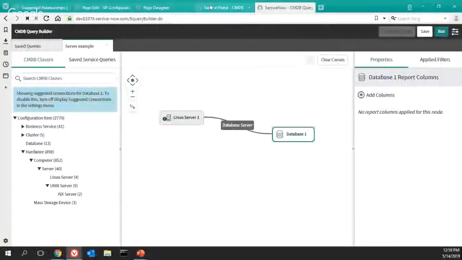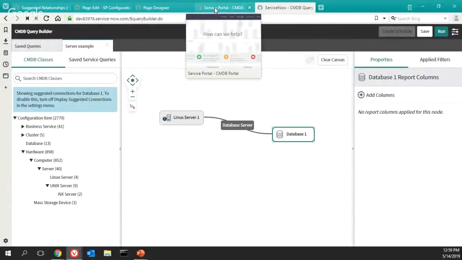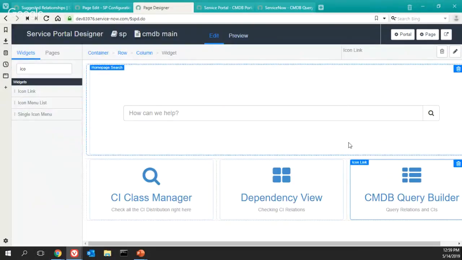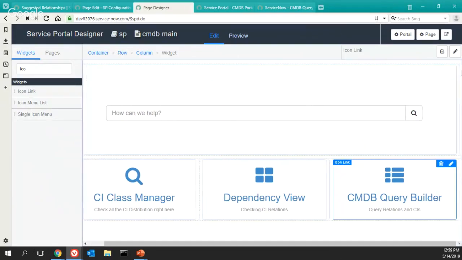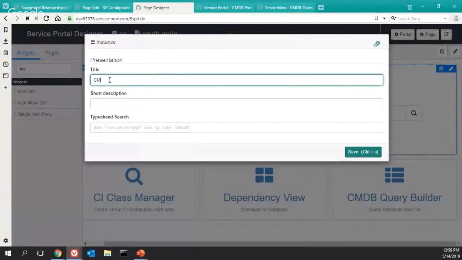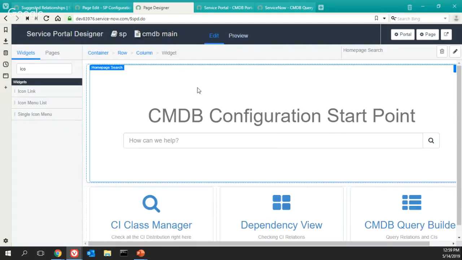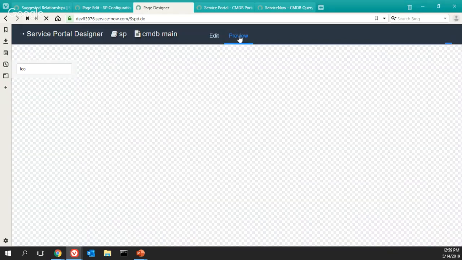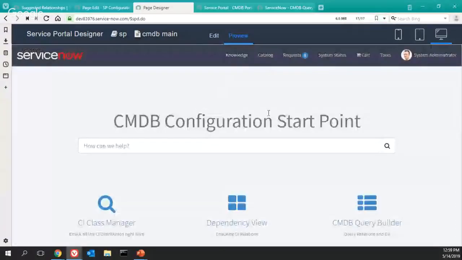This is really easy going if we go to the page designer here. One of the cool things is that you can create your own information inside the system. So for example, this is the CMDB configuration start point. Here you can search all the things you need, and you can start searching all the articles. One of the good things is that you can go inside the page right here. And with this page,